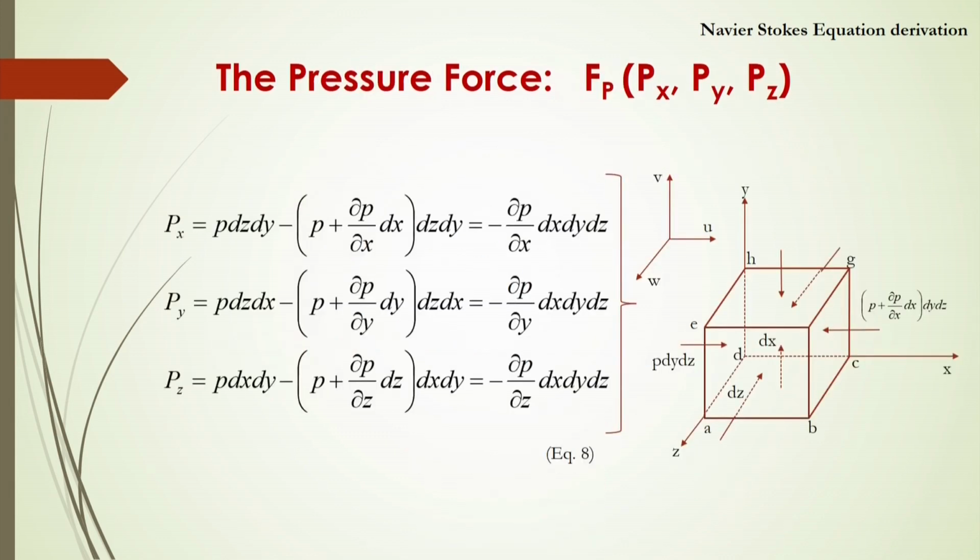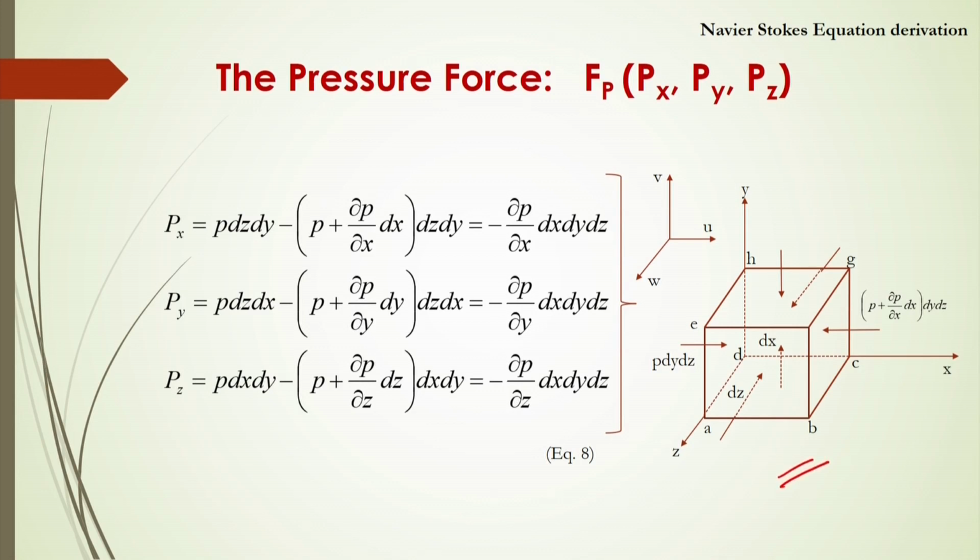The pressure force again will have 3 components: P x, P y, P z. So, P x will be calculated as follows. If you look at this picture, the pressure force acts on the surface of this fluid element in the x direction. What is the cross sectional area? That will be dy dz. Then the total force acting will be P into dy dz. Similarly, on the opposite side the pressure will be acting in the opposite direction, and it will be P plus dou P dou x dx, into dy dz.